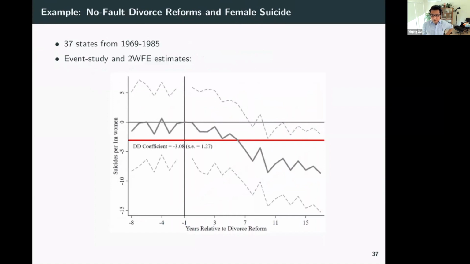Okay, so he introduced the example from 37 states. The treatment is no-fault divorce reforms, and the outcome is female suicide. The estimate is negative, and this is actually the two-way fixed effects. It's called the two-way fixed effects DD estimate, which is negative. And if you draw the dynamic treatment effects, it's something like this. Then